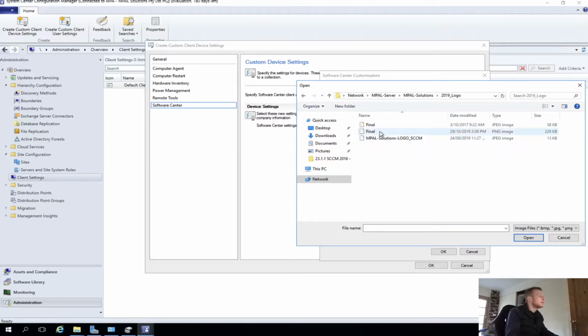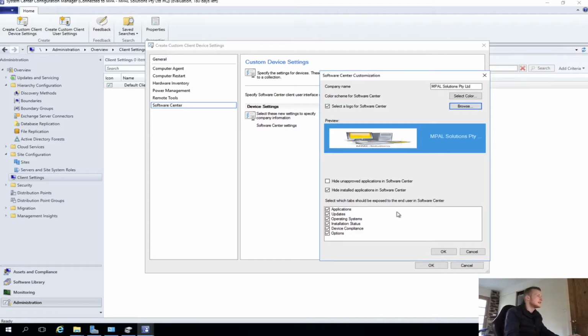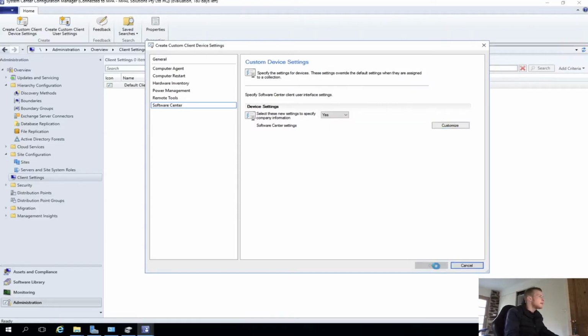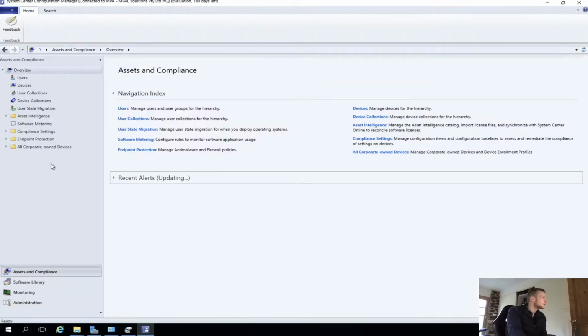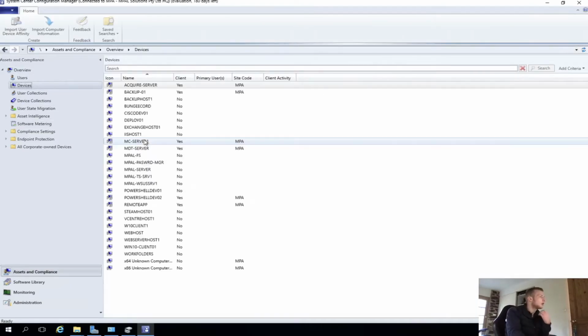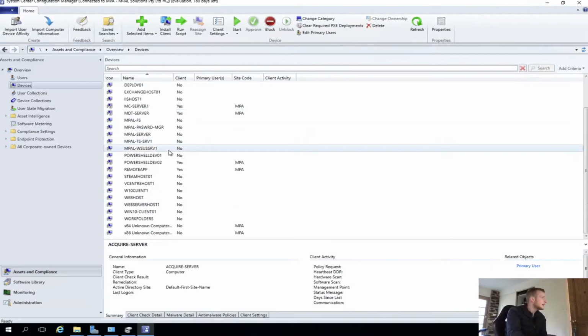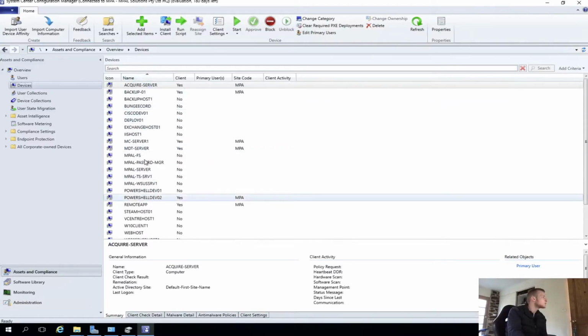And I'm going to pull up the logo, in this case, my SCCM logo. Okay, now I've applied that, the client settings are ready to go. So hopefully in a minute, what's happened is whilst I've been letting this run, it should have actually started the discovery. And if it hasn't, we're going to do a little bit of troubleshooting. But nope, as you can see, it's started to go ahead and it's already started to try